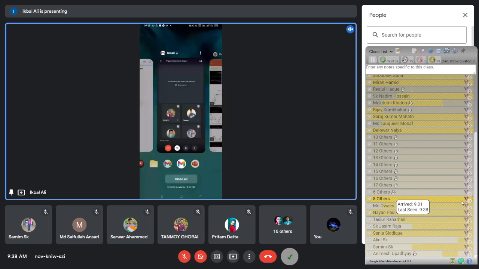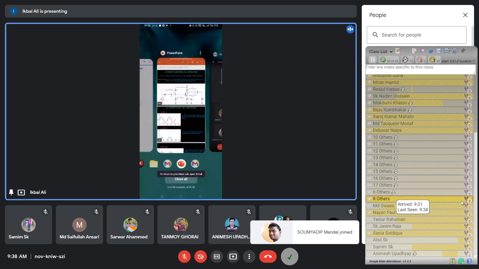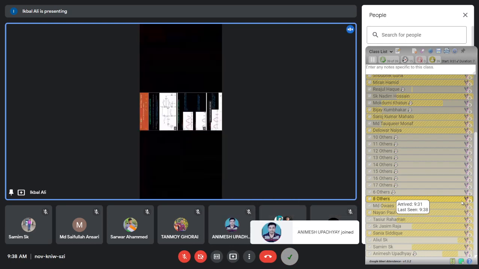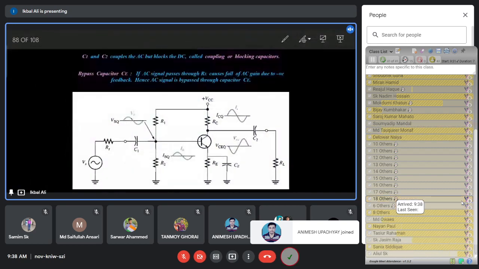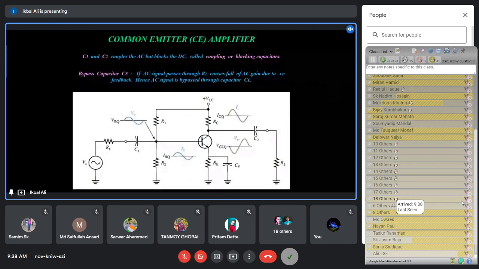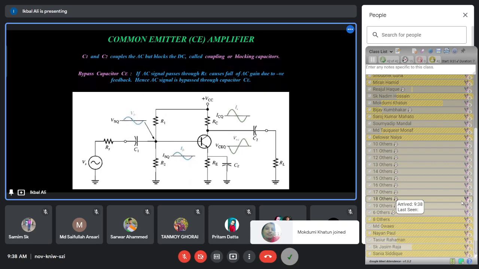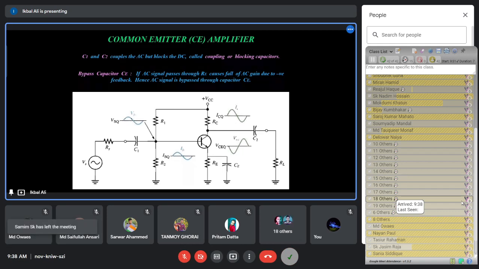Before the transistor, you know that the vacuum tube, that means the triode, was there, and the triode amplifier was there. After the triode amplifier, you have the transistor, and in the form of the most widely used transistor, the junction transistor, PNP or NPN. That is why we are discussing the junction transistor circuits mainly. There is not much difference between the junction transistor amplifier and the triode amplifier.